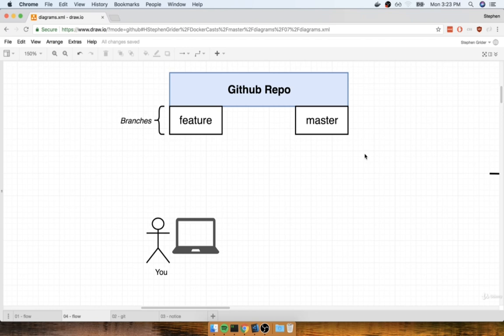Let's now draw on a couple arrows here to walk through the process through which you and I are going to make changes to our code base and then eventually deploy those. So everything is going to start off with you and I on some local development machine, like your desktop or your laptop. You and I are going to pull all the latest code that we have from our feature branch. And so we're going to imagine that maybe you are working